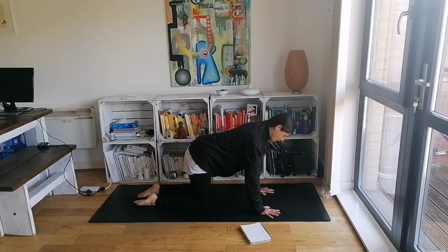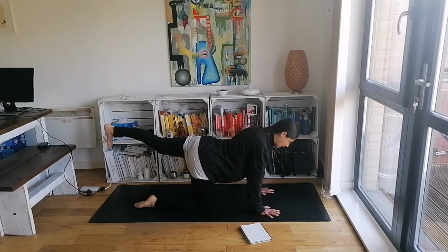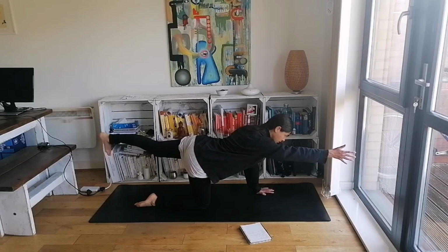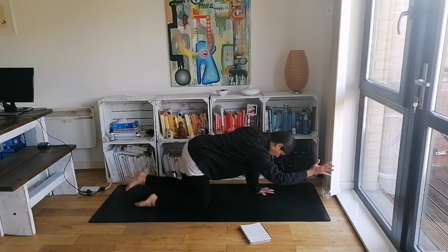And then we'll do the same on the opposite side. We'll inhale. Send the left leg back behind you. Nice long leg. Reaching with the right heel behind you. And then we'll add the right arm. Right fingertips reaching forward. Nice long line of energy. And again, the option here of either staying in the static balance or bringing the elbow to the knee